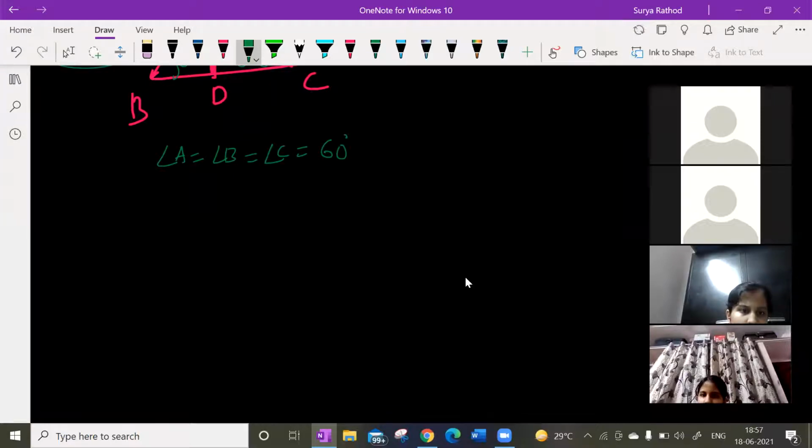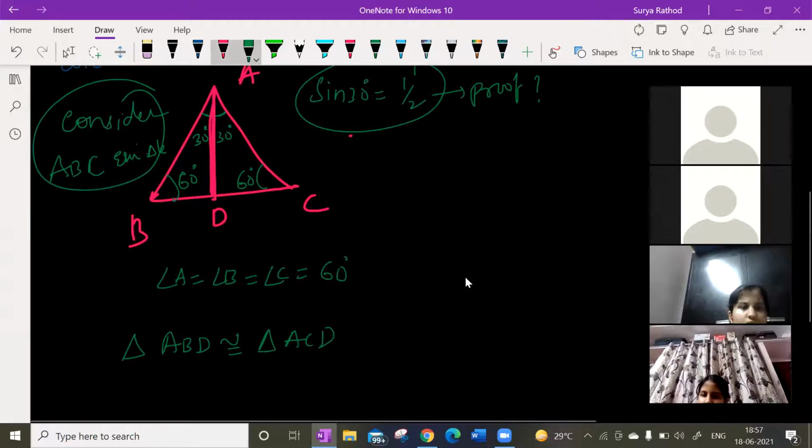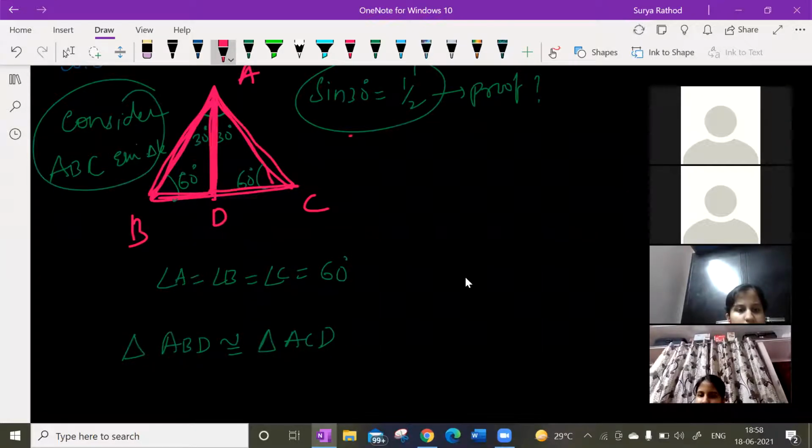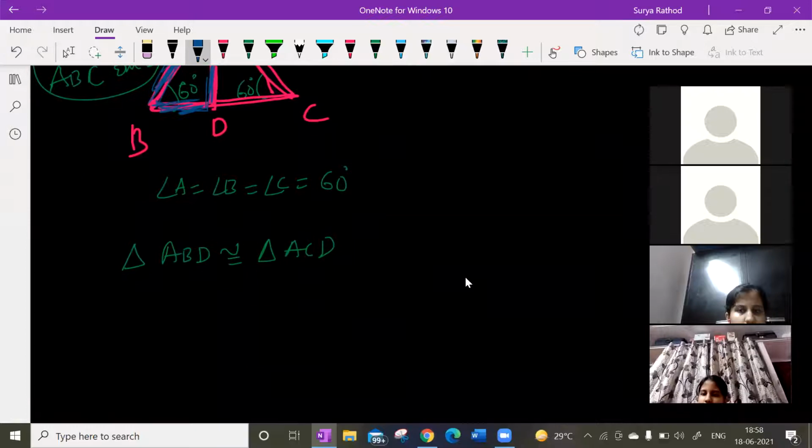Now can I write from the figure, triangle ABD is similar to triangle ACD. Look at this triangle ABD. This triangle will be equal to this triangle. Of course, yes, it is an equilateral triangle, all sides will be equal. Let me draw this. This blue color triangle will be equal to the pink color triangle. Yes or no? Yes, sir. Both are similar. Now can I write therefore, here, BD is equal to DC?